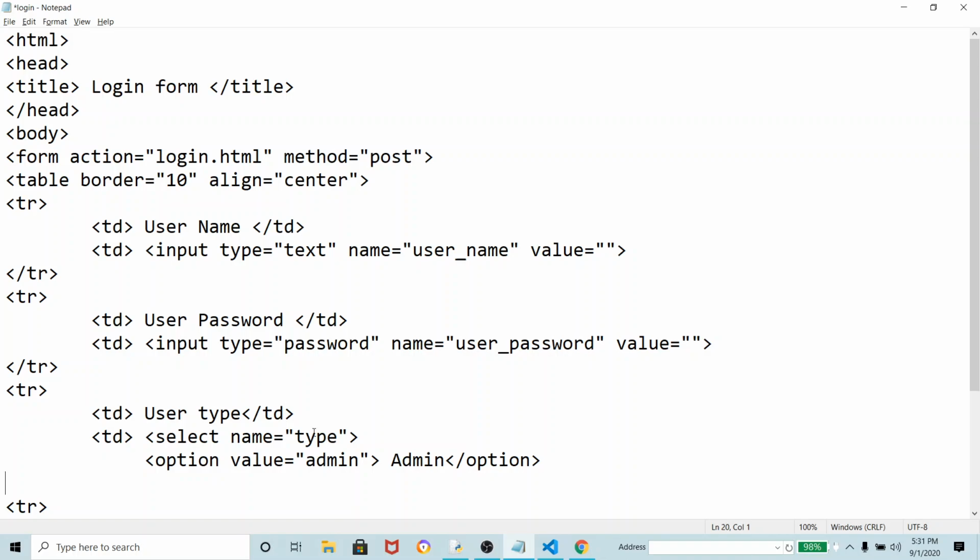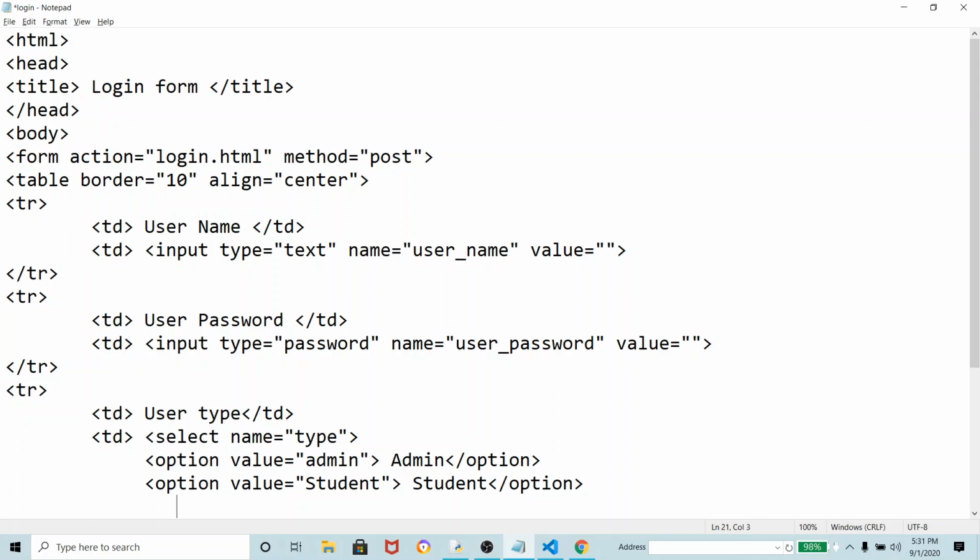To make the type value admin, we have given here option value is equal to admin, and here given admin, option close. Again we have to give here option value is equal to student. So student will come here, then give the option student, and then option close.